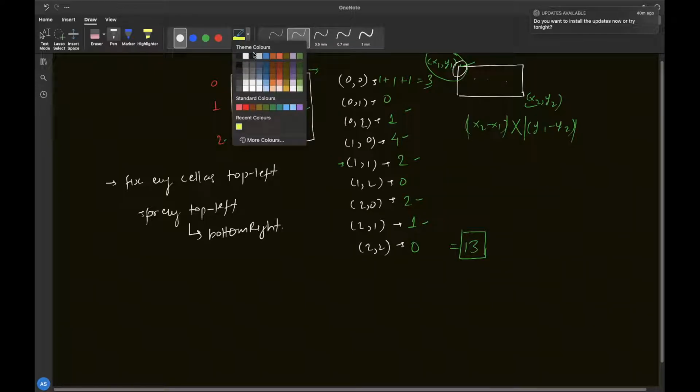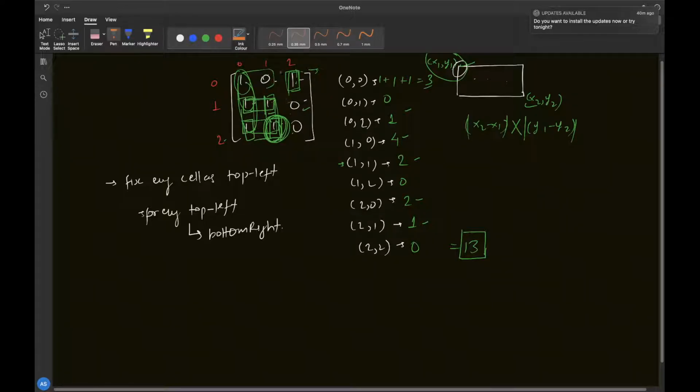For example, let me change the color here. One of the top lefts, you have fixed this cell, and one of the bottom rights you have fixed this cell. So you also have to check whether this is forming the correct rectangle or not. What I'm trying to say is, if you have fixed a rectangle with top left at coordinate x1,y1 and bottom right at x2,y2, then you also have to check whether this enclosure, or this rectangle that it is making, is all filled with ones or not.